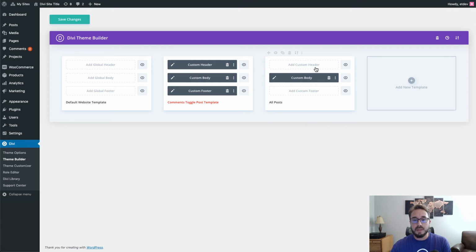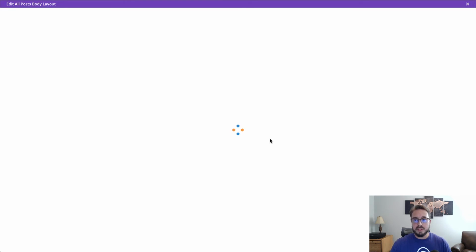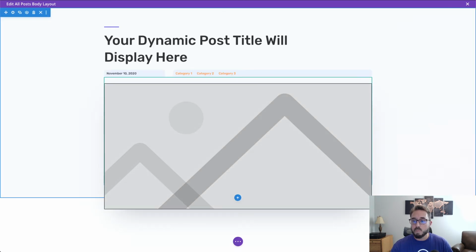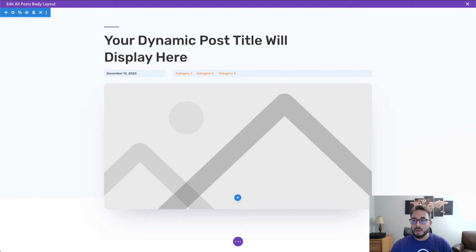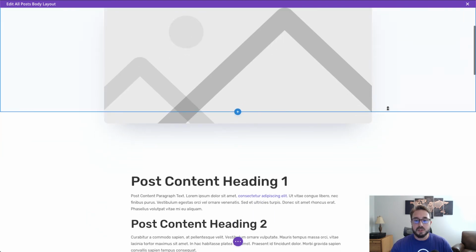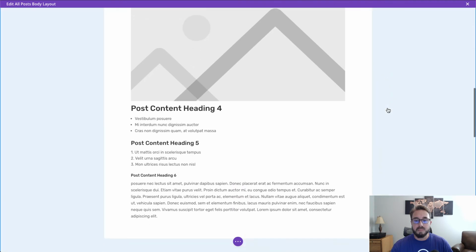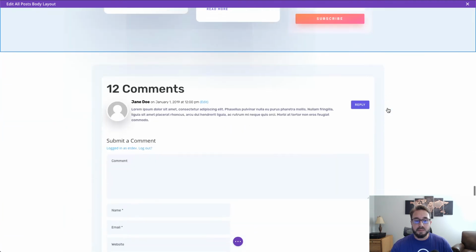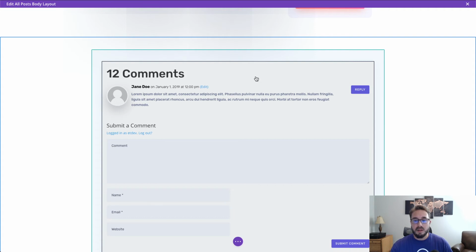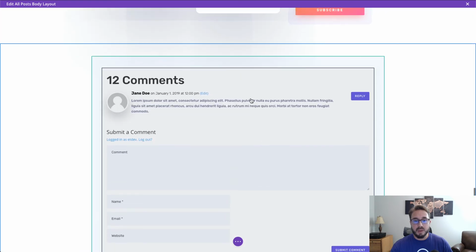All right, so once the template is imported, we'll go ahead and save it. And then I'm going to click to edit the custom body of that post template. This will bring up the body layout editor here. All right, so I'm going to scroll down. Here's my template. And way at the bottom, you'll see there's our comments module, which is producing our comments section dynamically